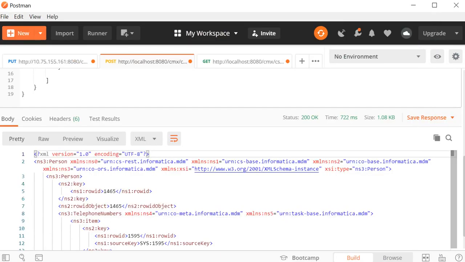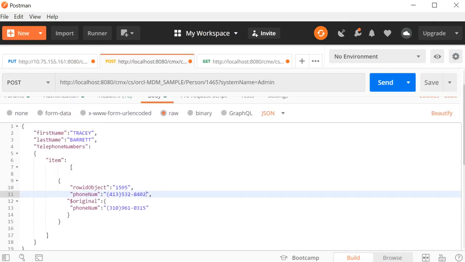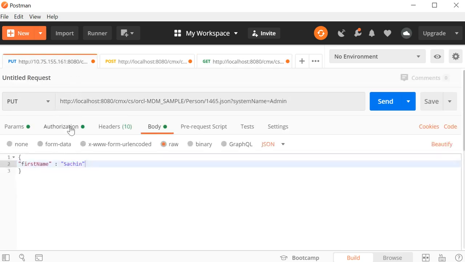So this is how we'll be able to perform the REST calls using Postman, and you can use it accordingly, where you'll be able to give various numbers of fields, and if you want to modify the depth, you can give up to 4, where you'll be able to get all the child records, and even for the put, you'll be able to update various numbers of fields.